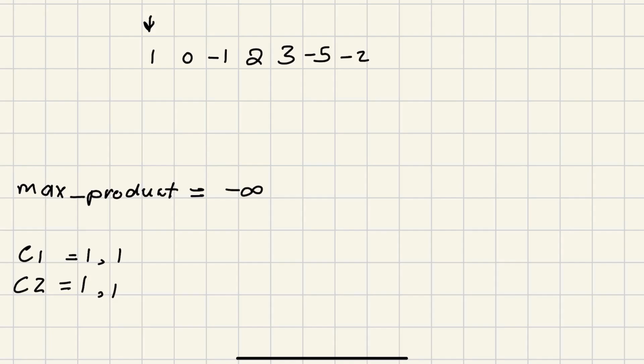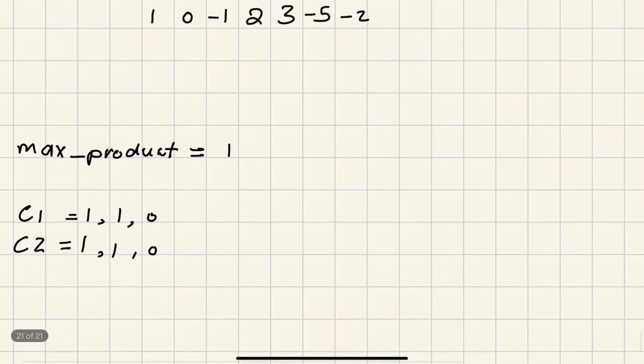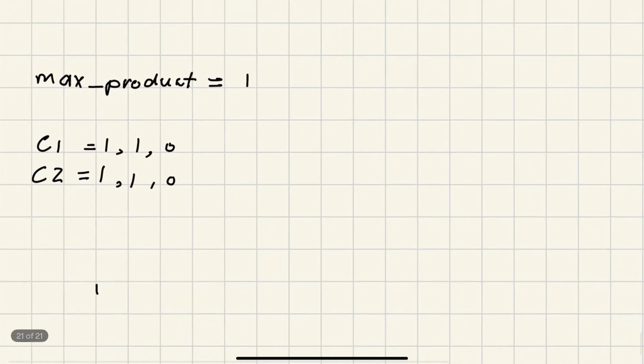Okay, and from there we would check if the value is greater than our current max product, and since it is, we store 1. Okay, simple enough. Now we move on to the next one. We do the same exact thing, multiply them, and they both become 0. And is 0 greater than 1? No. Now our very first case is if C1 is equal to 0